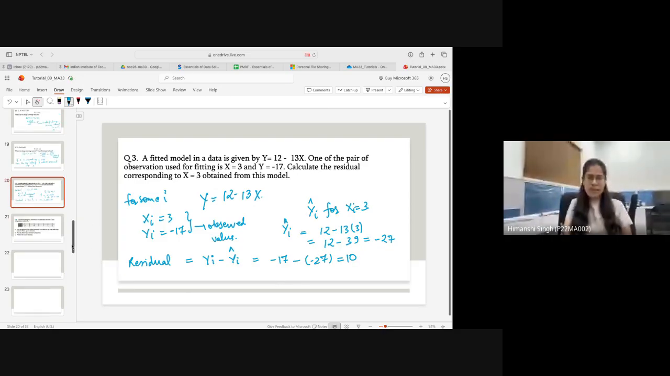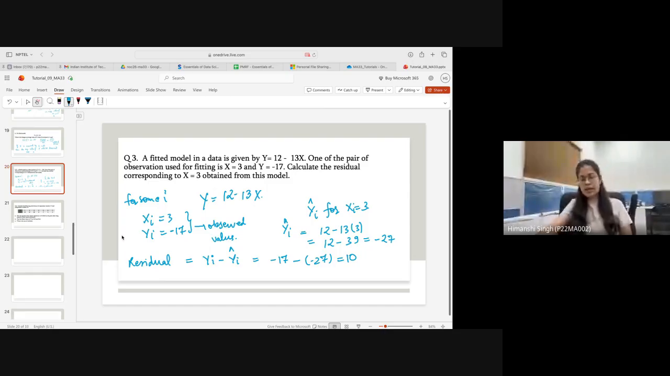Fine. So basically we have calculated the fitted value of yi corresponding to xi equal to 3. And we know the observation of yi, that is minus 17. Finally we are calculating the difference yi minus yi hat, which is the residual, and which comes out to be 10. This is a fairly easy question, so I hope this is clear to you. Okay, so if this is fine, then